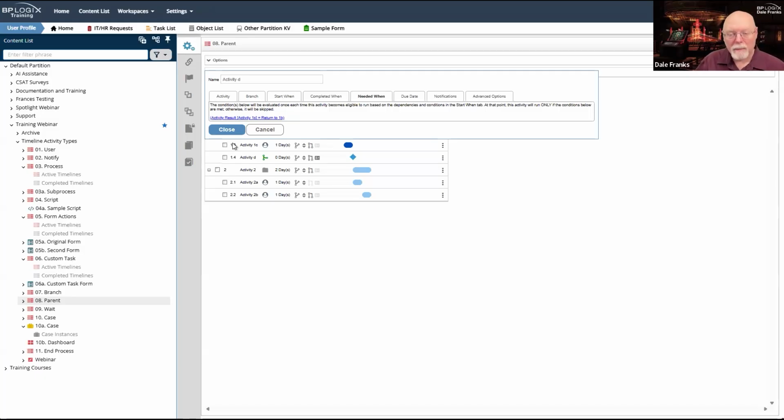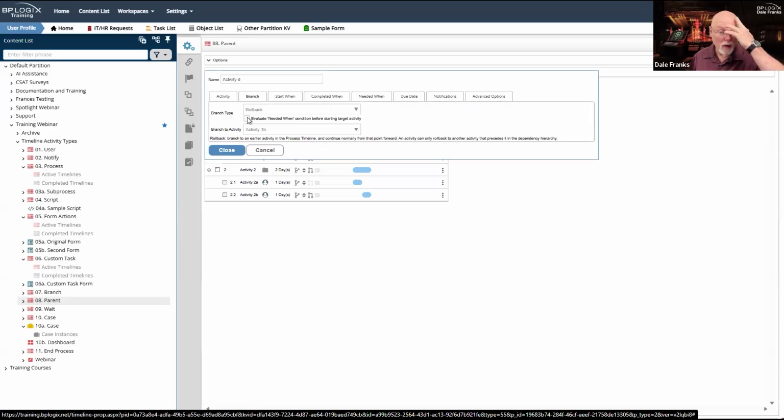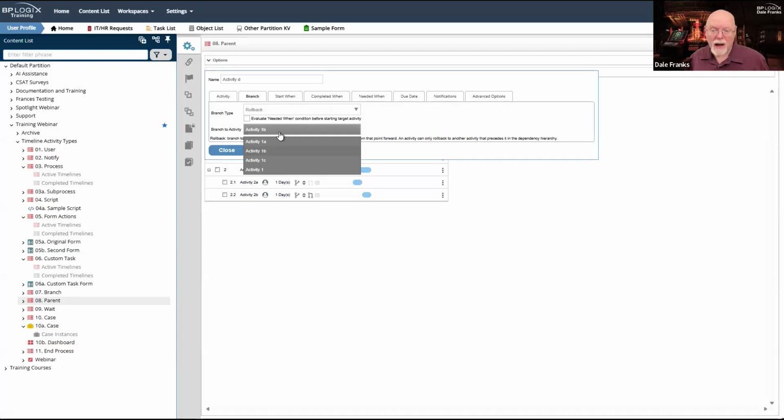That doesn't cover me, but the branch activity does, because now I can roll back to specific activities that are on my critical path. So on this branch, I can roll back to activities 1A, 1B, 1C, and then back even to the parent activity to restart everything.